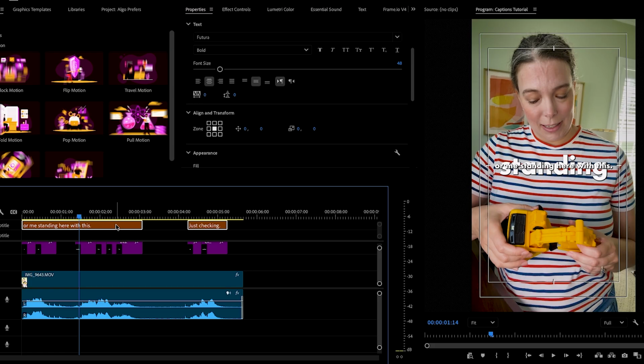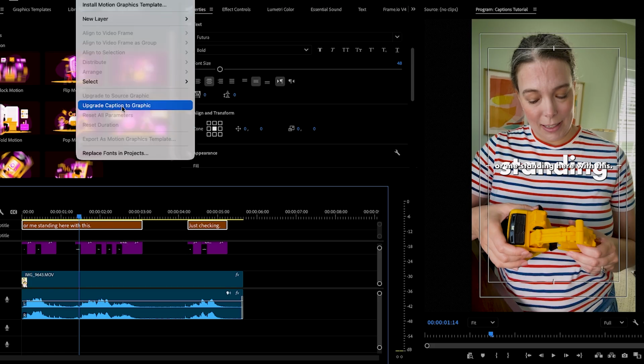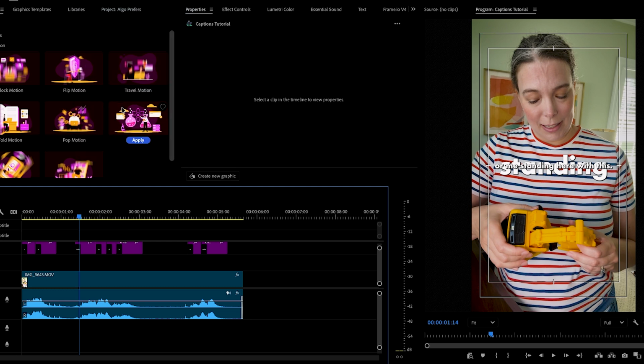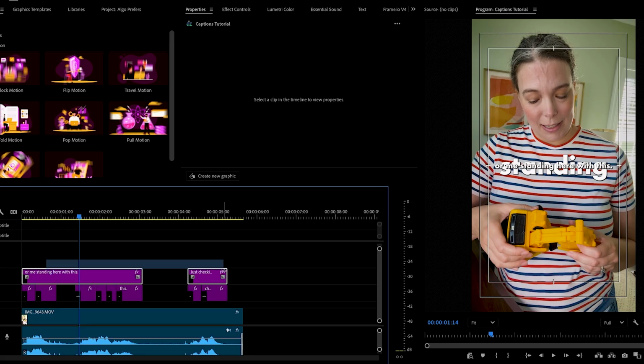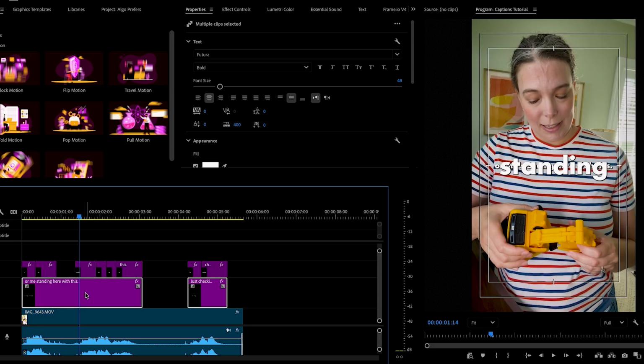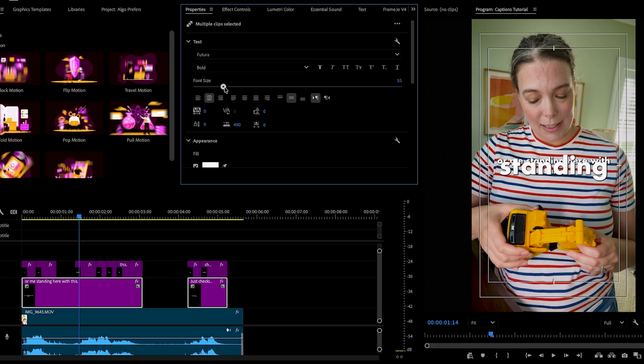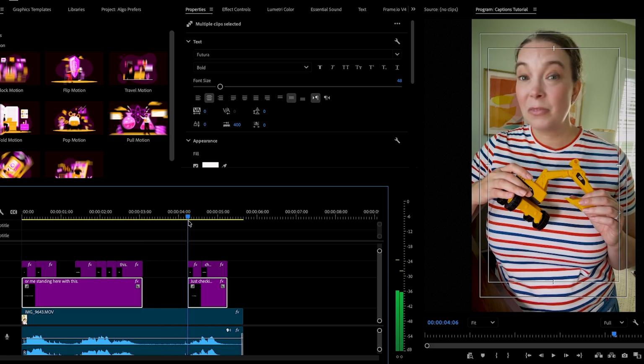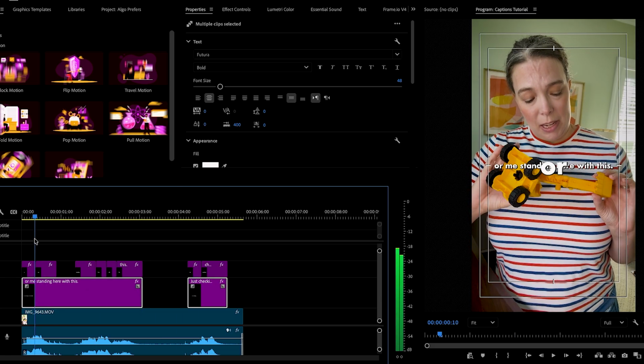And then with them highlighted here, I'm going to come up to graphics and titles, and I am going to change them into a graphic as well. Here they are. I want to move them so that they are underneath the single word caption. This font, I think, can come up, be a little bit bigger. Maybe not. I want them to stay on one line. Yeah, it looks like it'll stay on one line if it's this size.